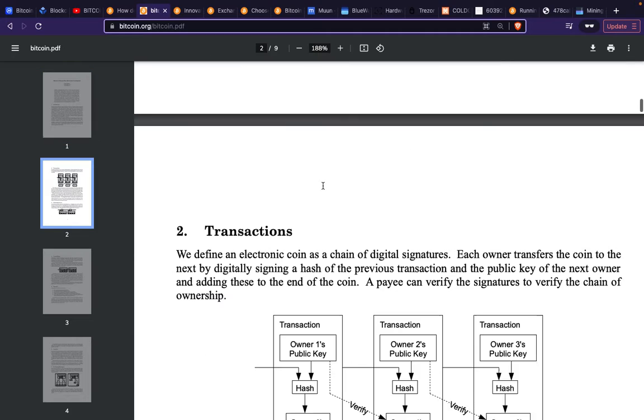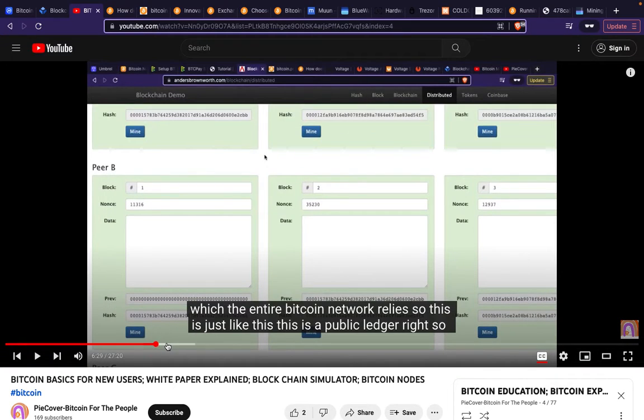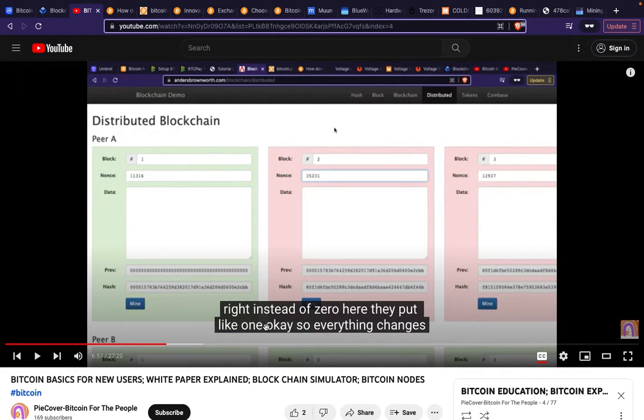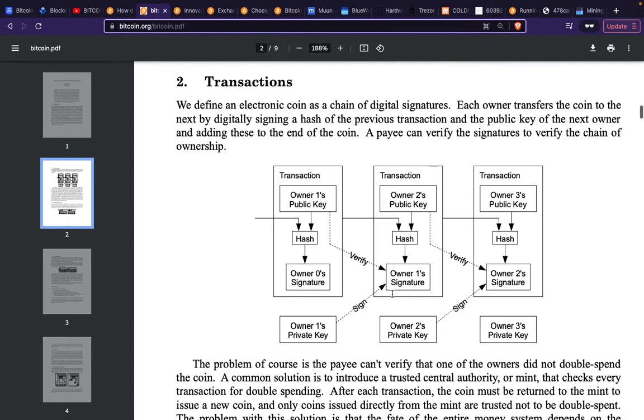And in the first video, I talked about the blockchain, which is more like the timechain and the transaction ledger. Again, this is a ledger over here. I'll show you the peers, how the blockchain works. If you change one thing in one hash or one block, everything else changes. Okay, and then you see the verification and everything over here.